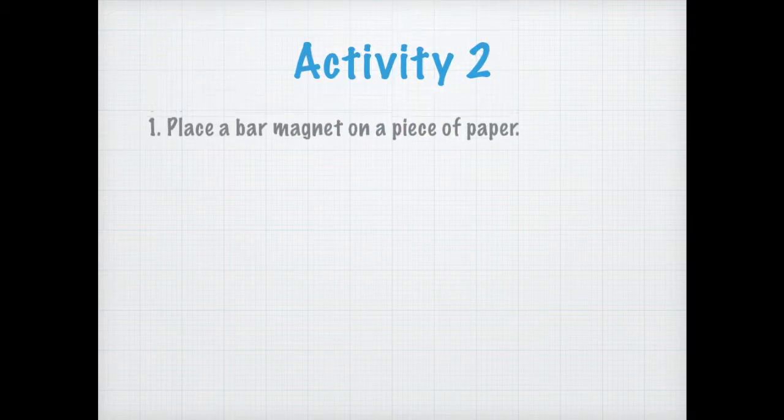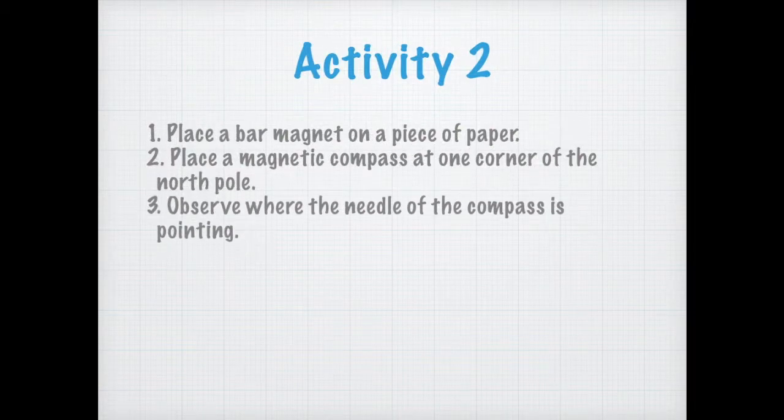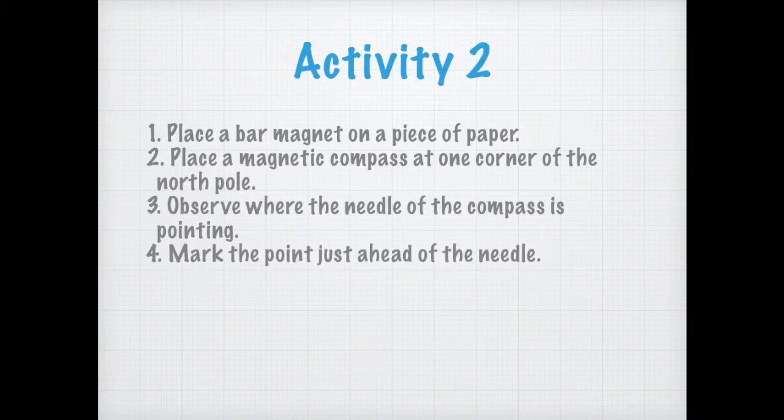Let's move on to another activity. In the last activity, you saw what magnetic fields look like. You saw how iron filings arrange themselves in a pattern. In this activity, we are going to learn how to draw magnetic fields using a magnet and a compass. So place a bar magnet on a piece of paper. Then place a magnetic compass at one corner of the North Pole. Okay, you just place it at one of the corners of the rectangular bar magnet, just like you make a point in maths. Observe where the needle of the compass is pointing, basically the north side of the compass,